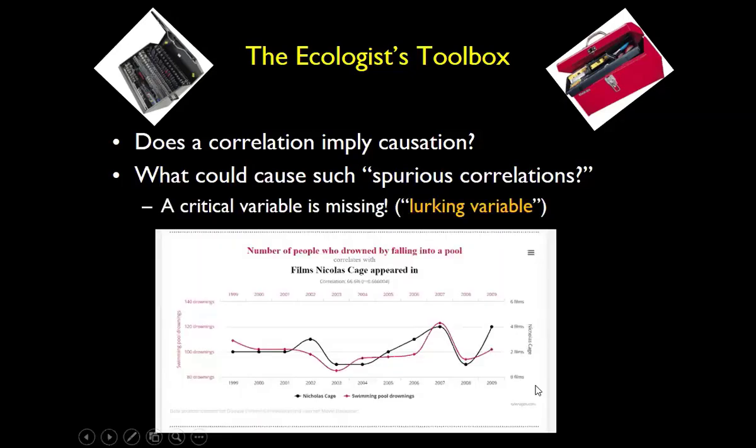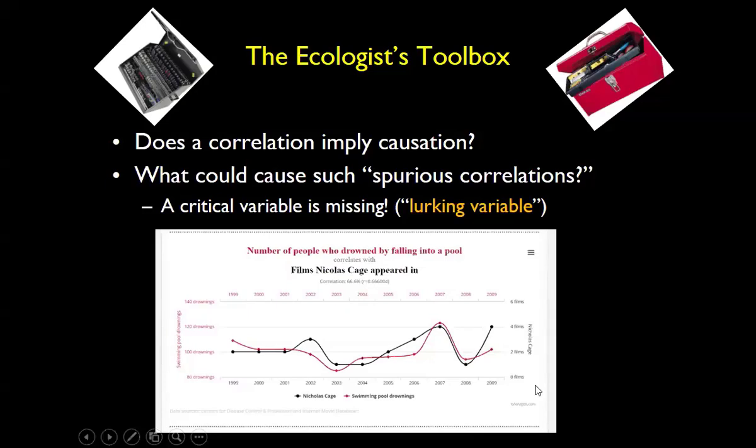So yes, because a critical variable is missing. These are sometimes called lurking variables, which sounds very scary and kind of reminds you of a hidden haunted corn maze or something. But yeah, lurking variables. It's a variable that's there but that you didn't measure. So in this case, the reason that the number of films Nicolas Cage appeared in is correlated with the number of people who drowned by falling into a pool is because there is this